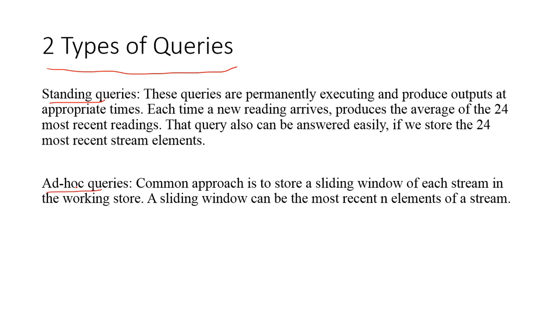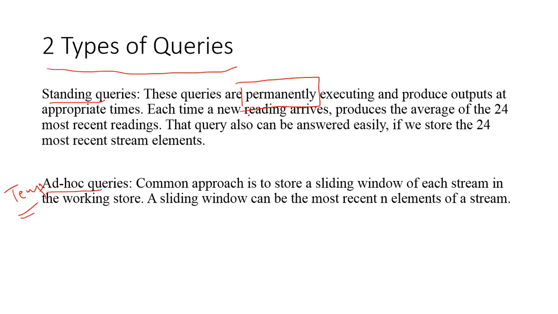Ad hoc query का मतलब क्या होता है? It's a temporary query. इसका ad hoc का मतलब क्या होता है? टेम्पररी. देखो, कोई एम्प्लॉय कंपनी में ज्वाइन होता है तो बोलता है कि आई एम ऑन ad hoc बेसिस, कॉन्ट्रैक्ट बेसिस. मींस वो जॉब क्या होता है? उसका टेम्पररी होता है. स्टैंडिंग क्वेरीज, द नेम इटसेल्फ सजेस्ट परमानेंटली. तो ad hoc query क्या होता है? It is only for the time being. And the standing query, it is permanently executing and produce the output at appropriate time.